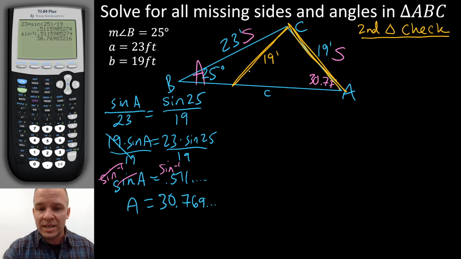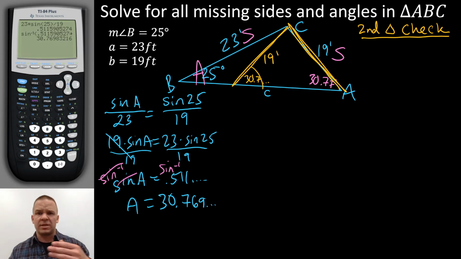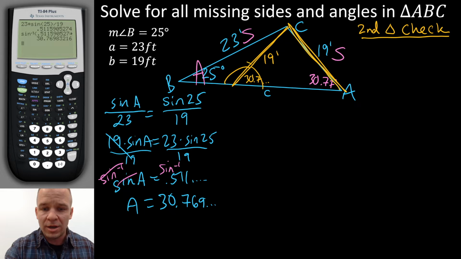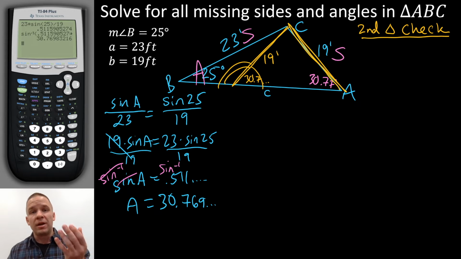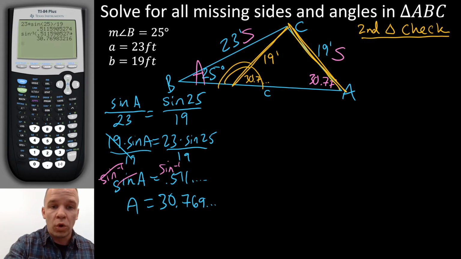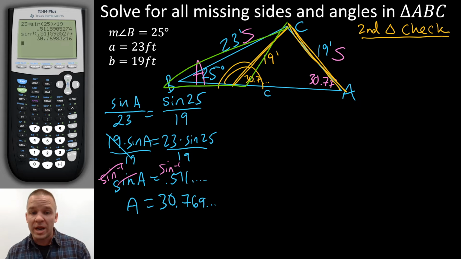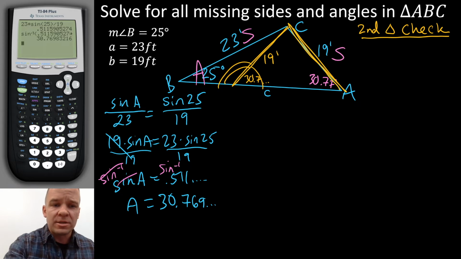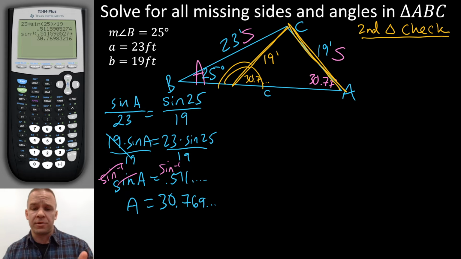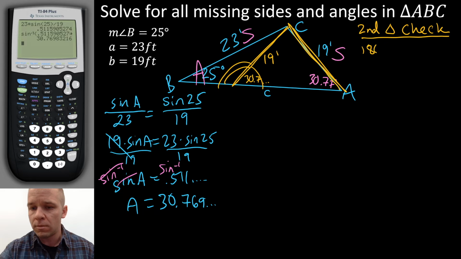Well, that means that this angle right here is also going to be that 30.769 and change, right? So what's the other triangle's angle that could occur right over here? Well, that's going to be the supplement of it. And then we basically have this whole other triangle, this guy right here in green, all the colors right now. That triangle could exist with that other angle. So we've got to figure out what that other angle might be. I know there's a lot of mights here, and that seems crazy, right? Okay, so what I'm going to do is find the supplement of that 30.7. So 180 minus that